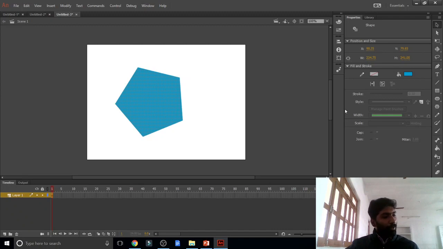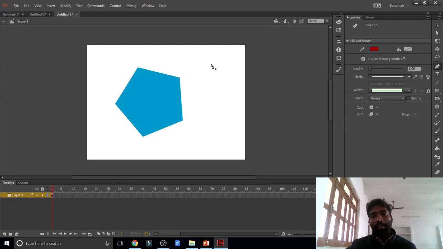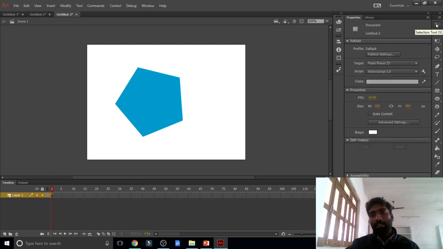After polystar, the pen tool is there. I hope you know the pen tool. I don't want to say more about the pen tool, but now we will see two important main tools.